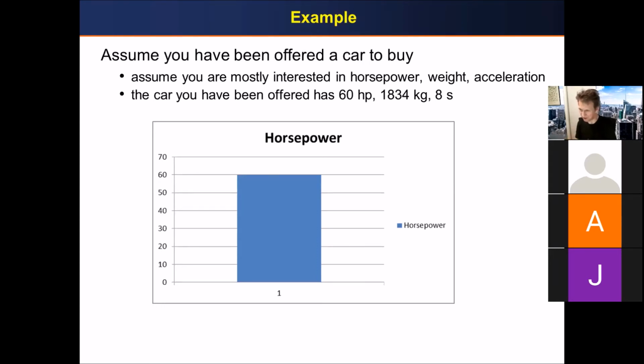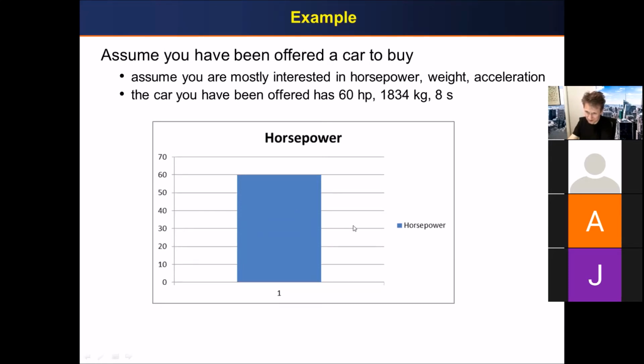How can you find any better car? And you say, wow, you know what? I have this car, but how do I know if it's the best car? Okay, so how do I know? So what does this mean? 60 horsepower, right? What does it really mean? This is my car, 60 horsepower,